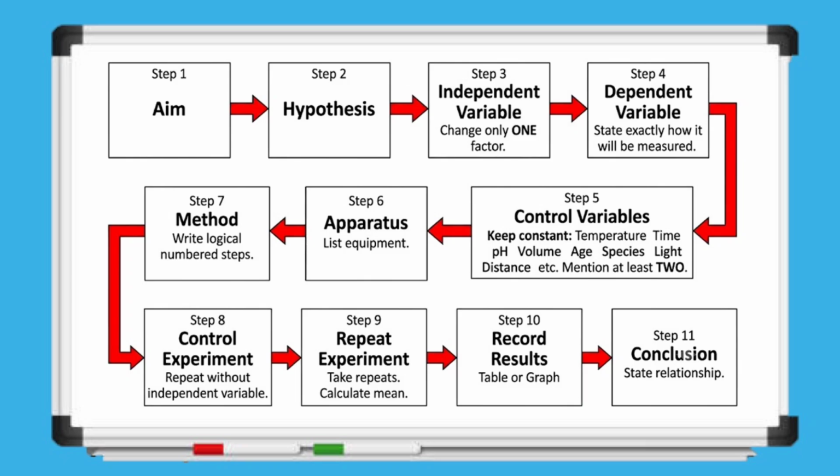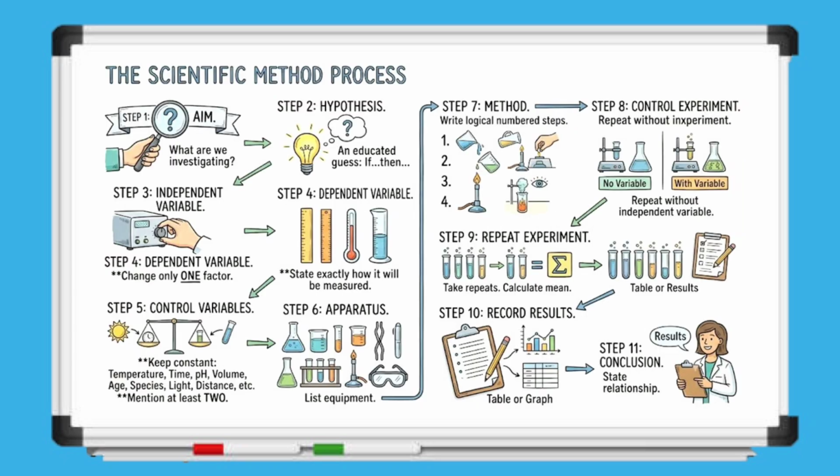This is known as the scientific method, which is the standard process used to plan and carry out scientific investigations. It begins with identifying the aim and making a hypothesis, followed by selecting the variables, listing the apparatus, writing the method, including a control, repeating the investigation for reliability, recording the results, and finally drawing a conclusion based